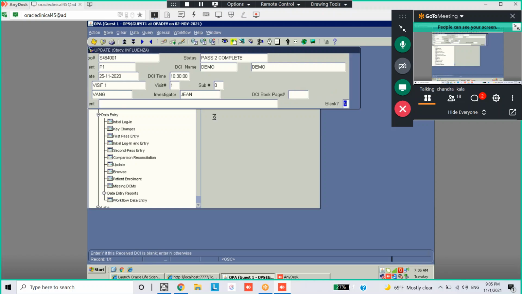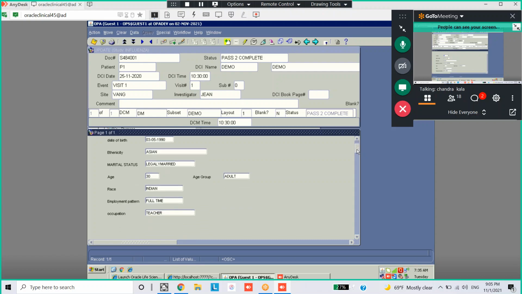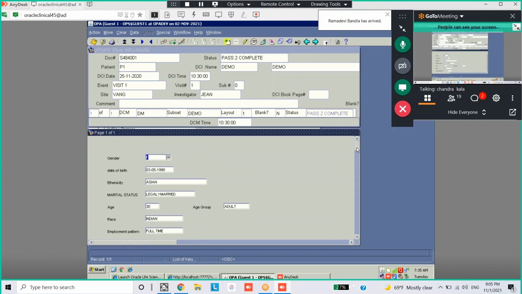Again tab. Right. This will pop up your data, whatever you entered. If you want to change anything, you can change. Let's say if you want to change the age to 31, you can enter 31. You can save, but the thing is,